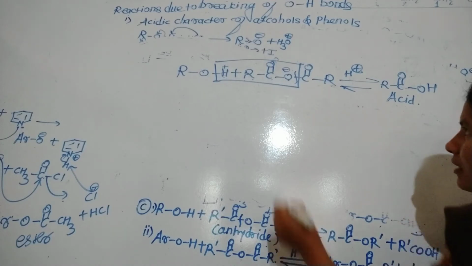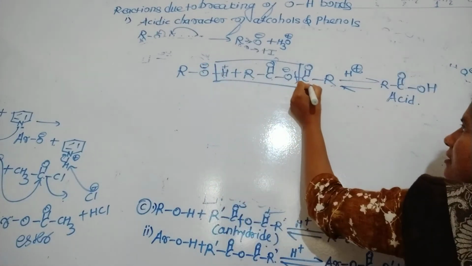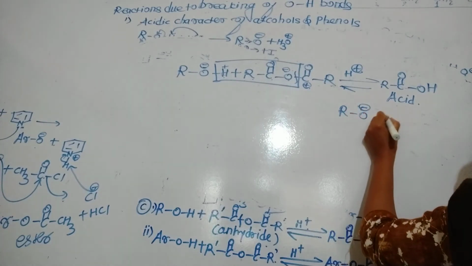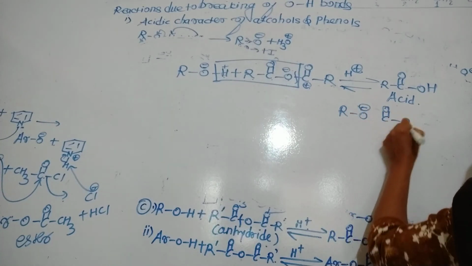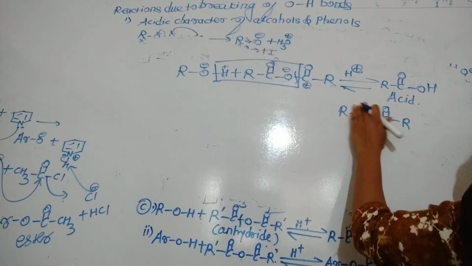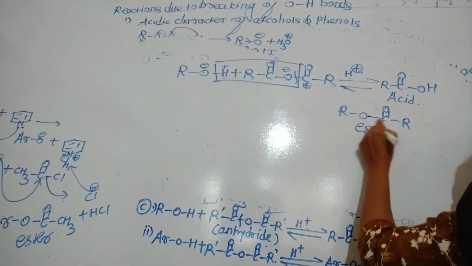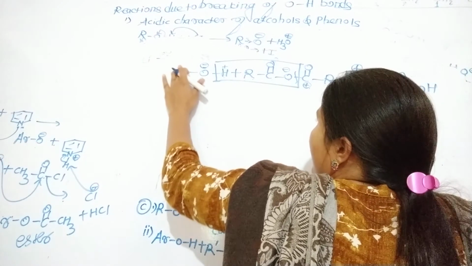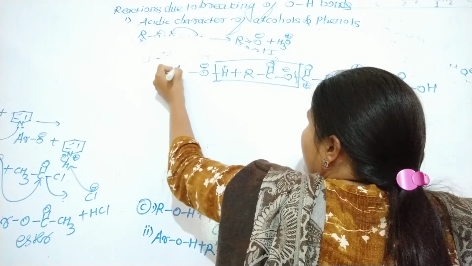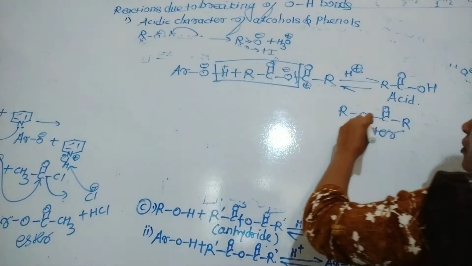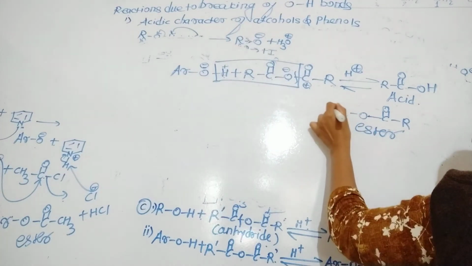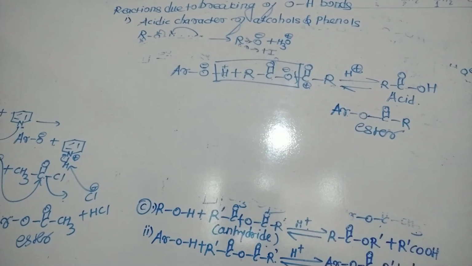What is left there? This is O minus and this is positive. So what will we get here? The next product RO minus and C double bond OR, which is positive. Here a bond forms between this carbonyl and oxygen. That means here ester formation. Instead of R, you can take an aromatic ring also, so what you get here is simply Ar. You must remember, with the help of phenol you can also form ester there.